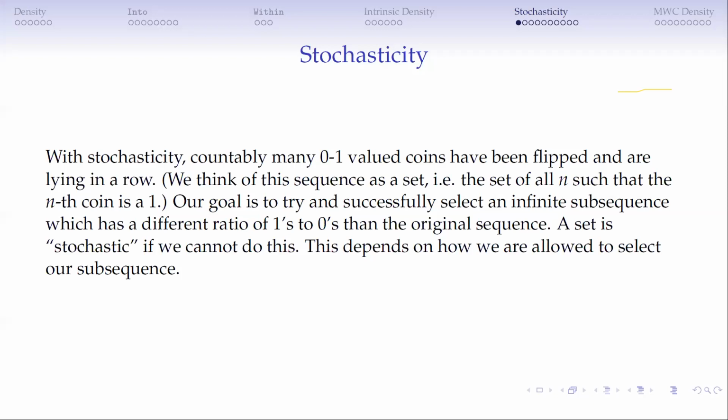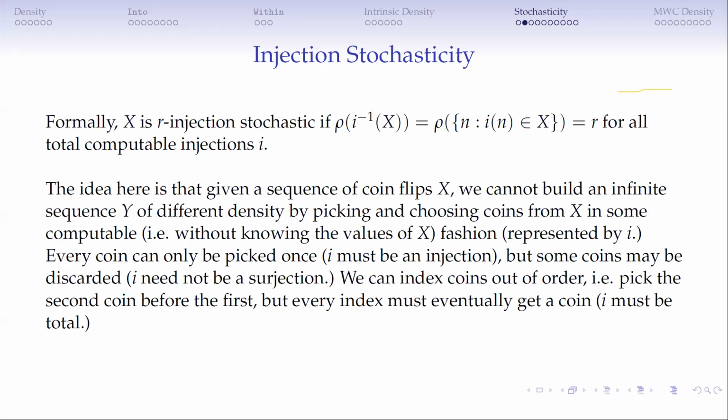Of course, what stochastic means depends on how we're allowed to select coins, because if you're allowed to select coins in any way you want, you can just select the ones that are 1 or select the ones that are 0. So we're going to have limited selection rules that make this a meaningful notion. So we're going to start with injection stochasticity,